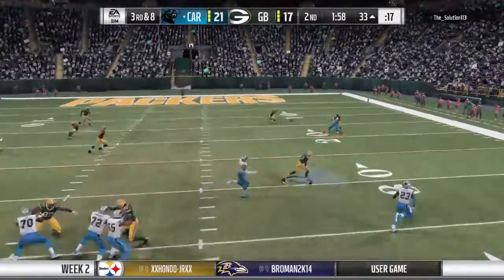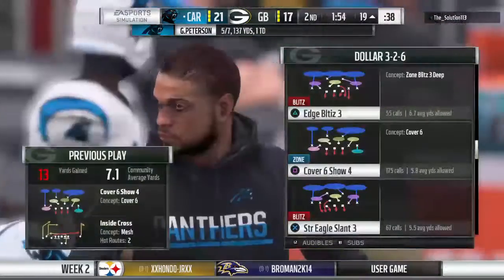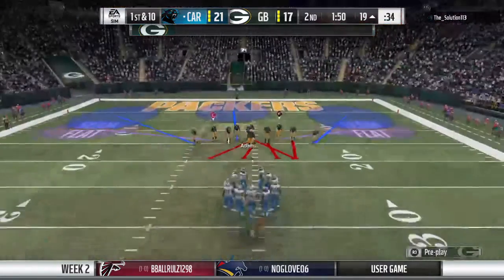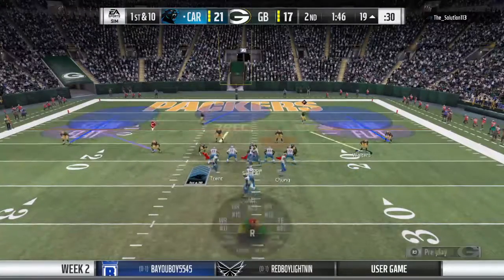To throw here. Going right side here, and that's complete. A gain of 13 and also a first down. Now that was pretty. They executed that curl route versus zone coverage, and that changes things a little bit because